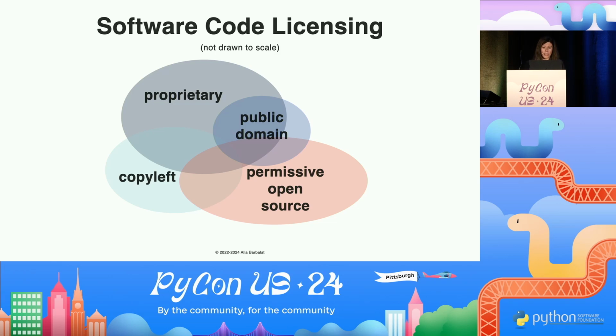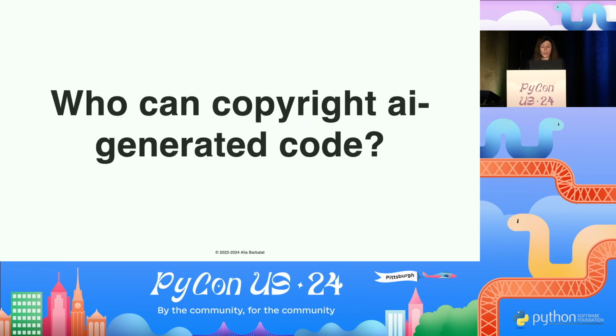So that is some of the background on software code licensing that will hopefully inform the rest of this conversation on AI generated code. And as we can see, these are very timely issues that are getting a lot of scrutiny in courts right now. So moving on into the realm of AI generated code, there is a question of AI authorship. We'll start there with this idea of AI authorship. Who can copyright AI generated code, if anyone?